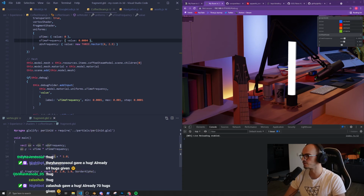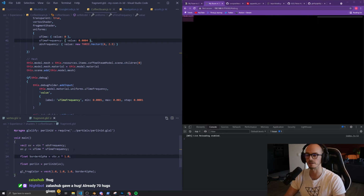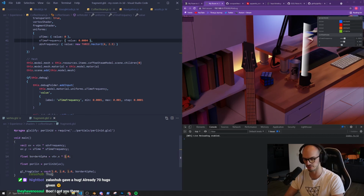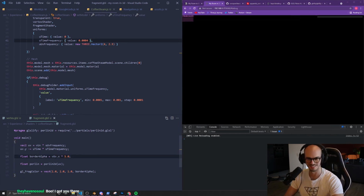We are using the UV. Okay, we need to use the base UV. Yes, because we are playing with the frequency of the UV. That's why. So we have one on the left, one on the right. We can multiply it by, I don't know, like...